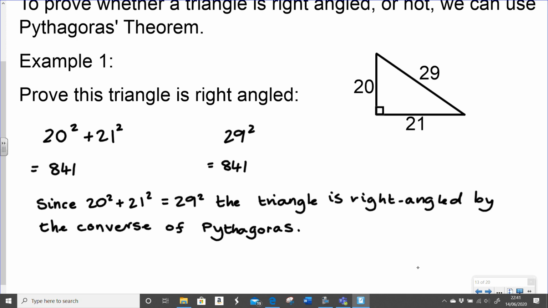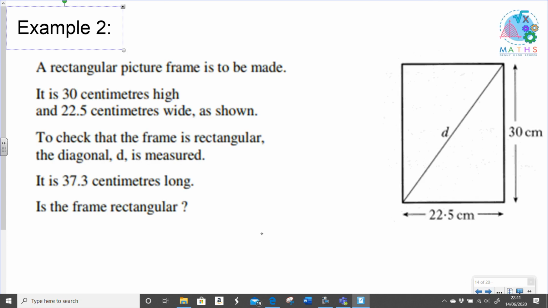Okay, let's have a look at a second example. This time we've got a rectangular picture frame which should be made. It is 30 centimetres high as shown, 22.5 centimetres wide, and we want to check that the frame is rectangular. So for anything to be a rectangle, it must contain right angles at each corner. The diagonal is measured here, it is D, and it is 37.3 centimetres long. The question is, is the frame rectangular? So by completing Pythagoras, or proving that the rectangle is right-angled,